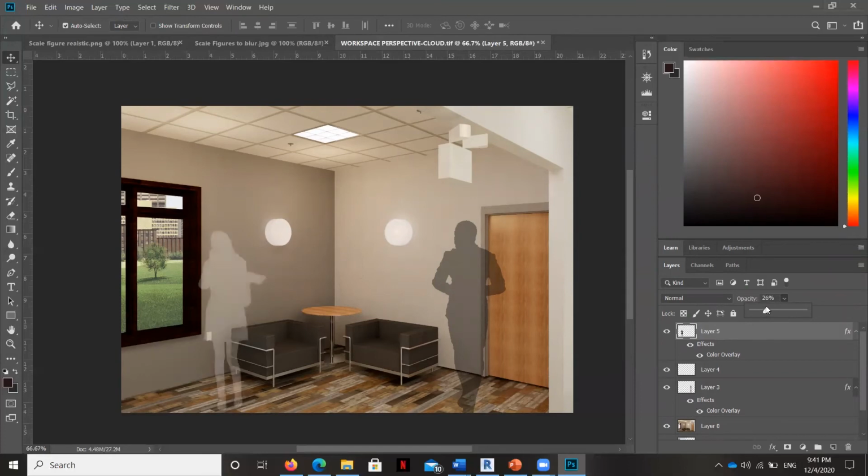And so the point of a scale figure, again, is to just bring in this concept of height and how big and small things are, how high the ceiling is. But it's also about kind of making this place look really full. And so most of the time, in my experience, interior design students bring in one lonely scale figure in a place. But you really want a ton of scale figures because it makes the space look full and popular and that people are really enjoying it.